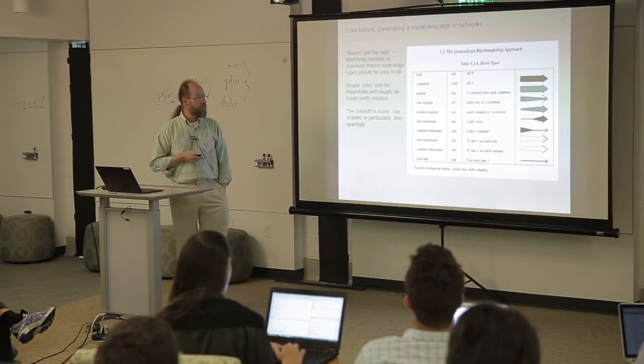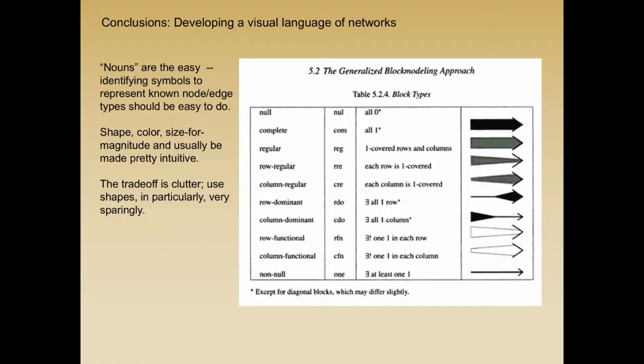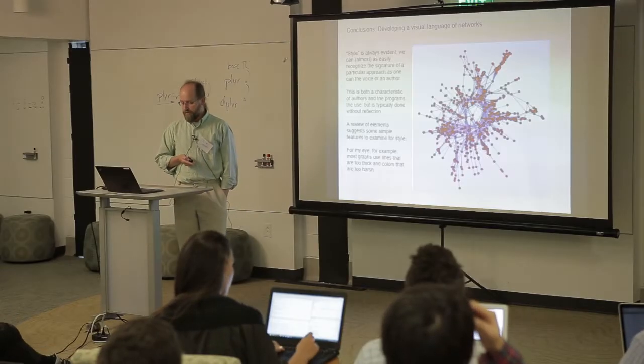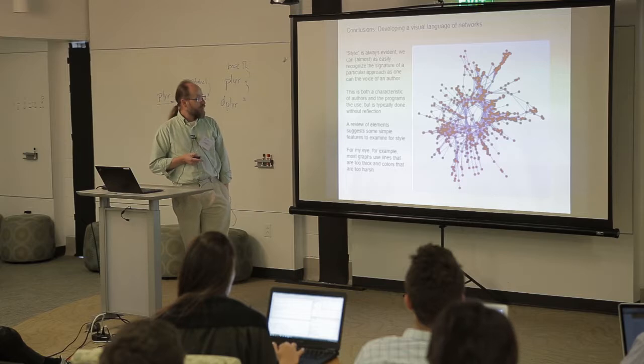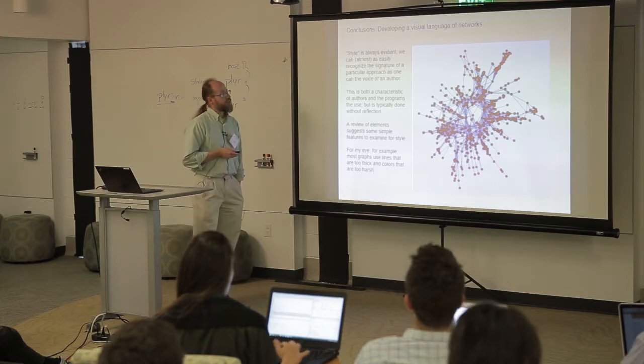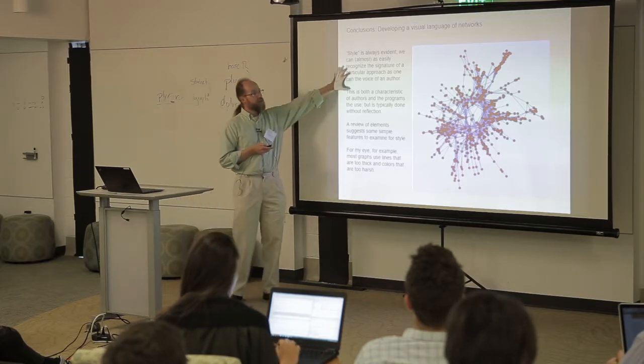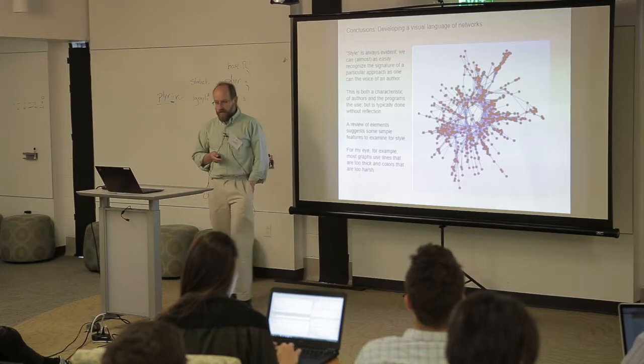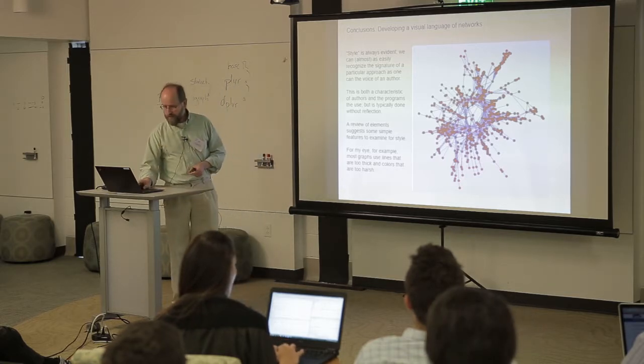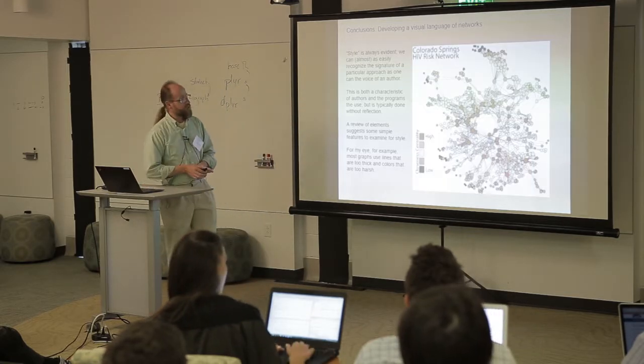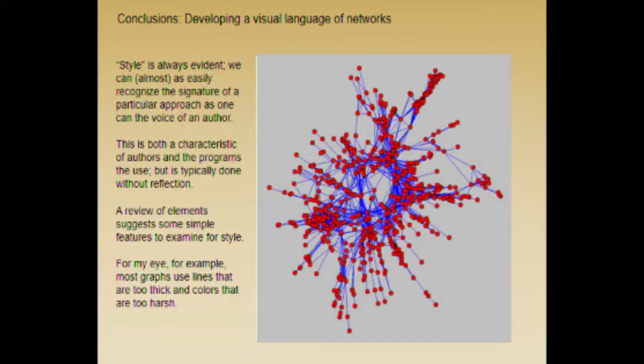There's been some attempts at it. This is some different types of stylized block models that folks have tried to generalize by using different types of arrows, but it's again not caught on. It seems like thinking about this kind of thing would be useful. There's a distinction between thinking, again, style is always an evident feature of these types of things, and so it would be nice to distinguish between something like this versus something like that. Like, those are the two exact same graphs.